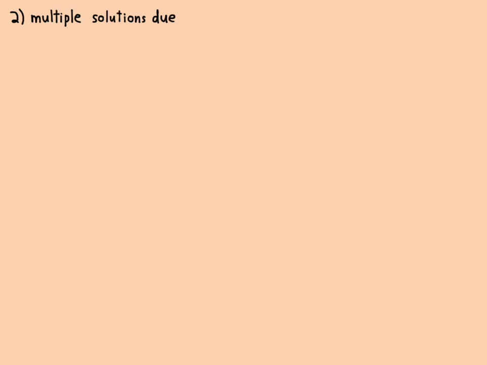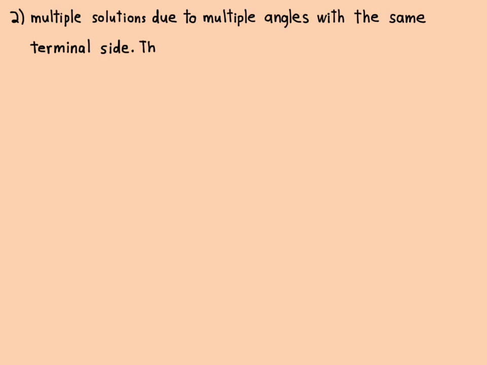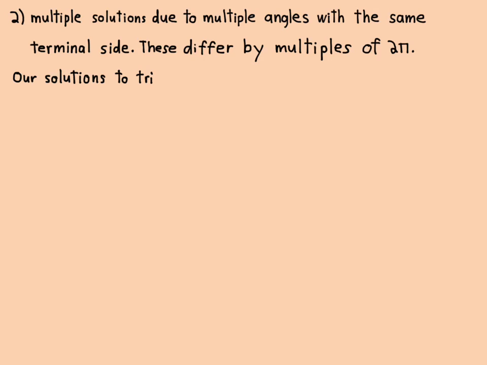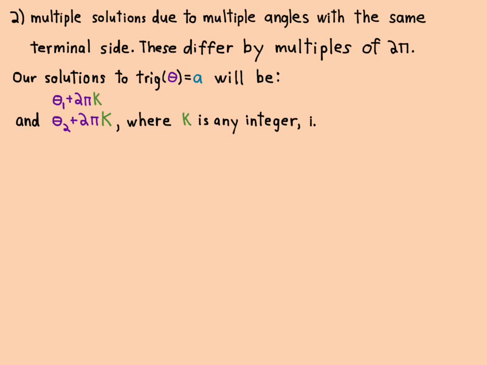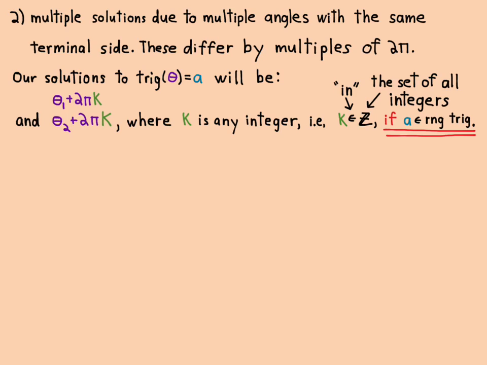Okay, so the second way you can get multiple solutions are the solutions due to multiple angles with the same terminal side. These differ by multiples of 2 pi. So integer, it should say integer multiples of 2 pi. Our solutions to some trig function theta of theta equals a will be theta 1 from the previous video, the first way you get multiple angles, theta 1 plus 2 pi k, and theta 2 plus 2 pi k,